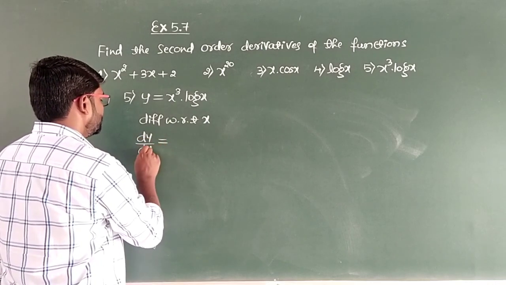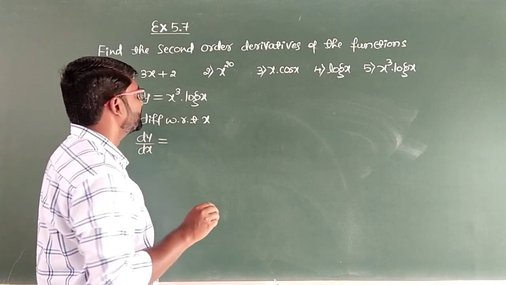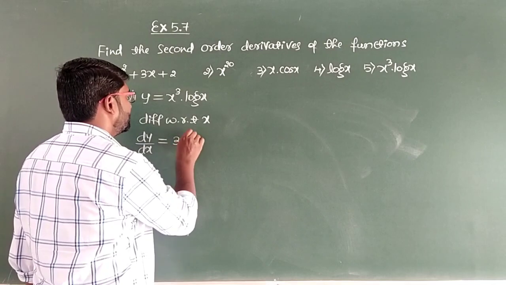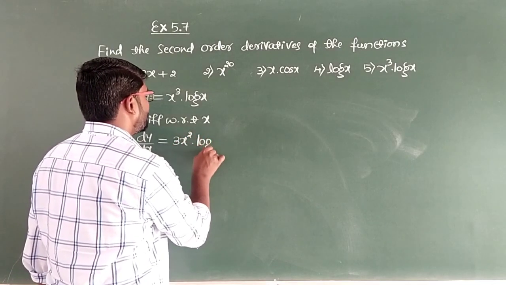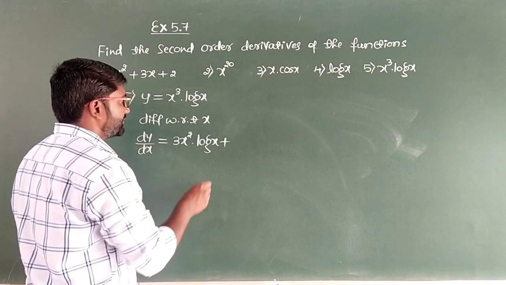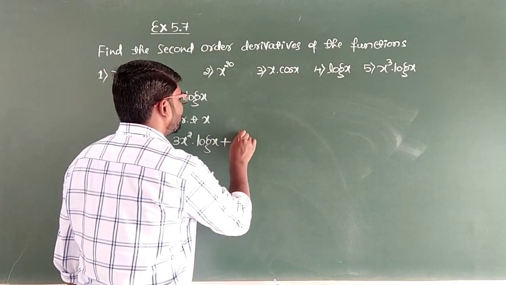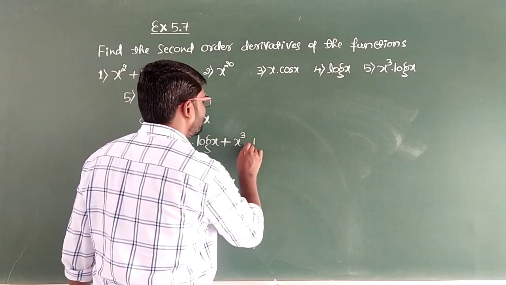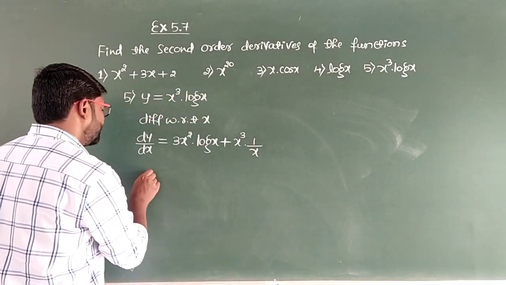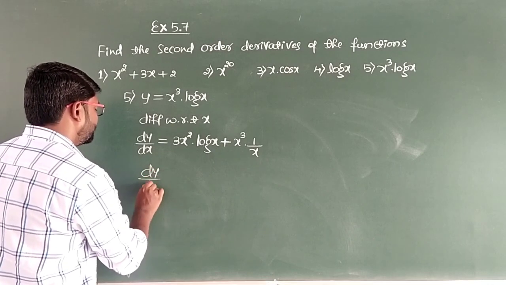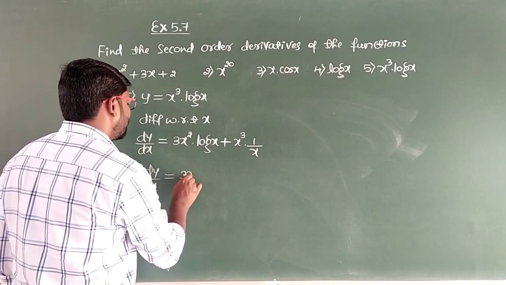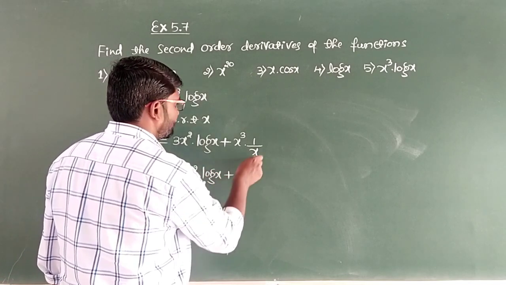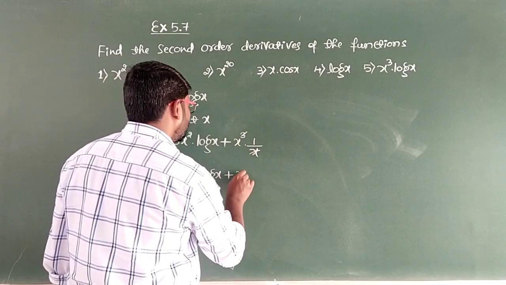which is equals to, so we will have to make use of the product rule or the Leibniz rule. Derivative of x cube, it will be 3x square. Then write the second function as it is, plus, now write the first function as it is, x cube, then derivative of log x, it will be 1 by x. So simplify this further now. dy by dx, which is equals to 3x square into log x, plus, so here x and x get cancelled, we have x square.